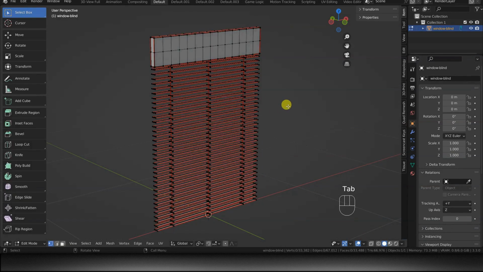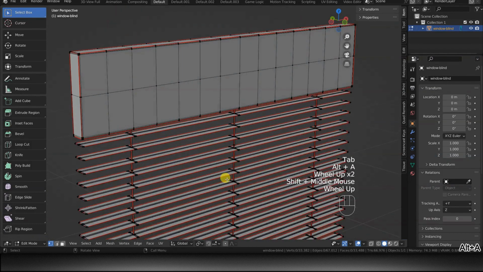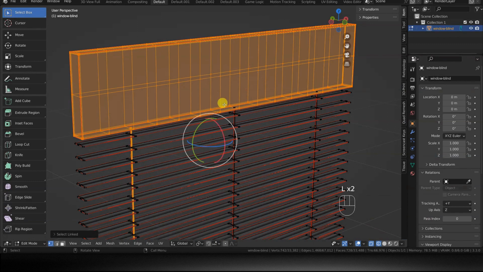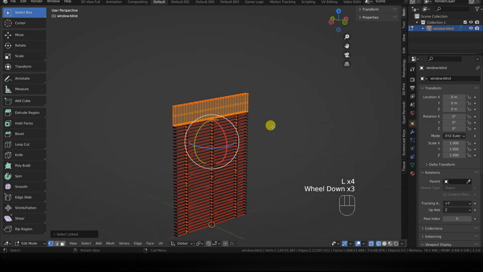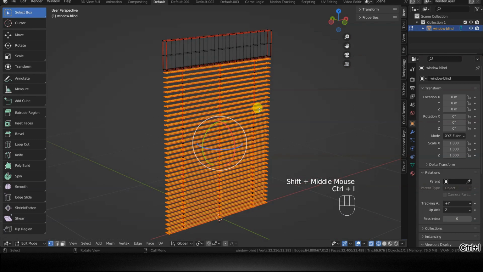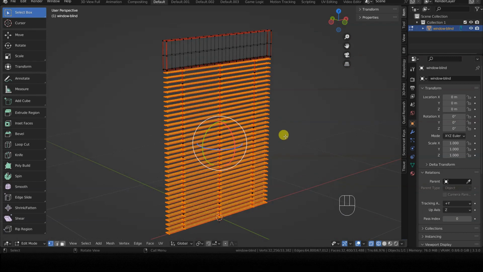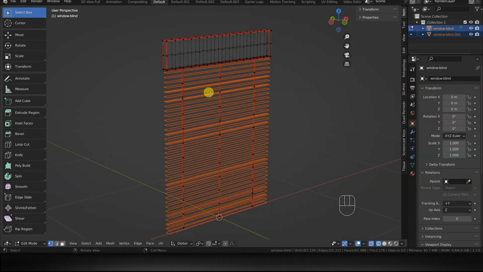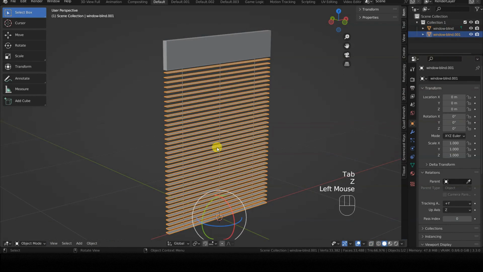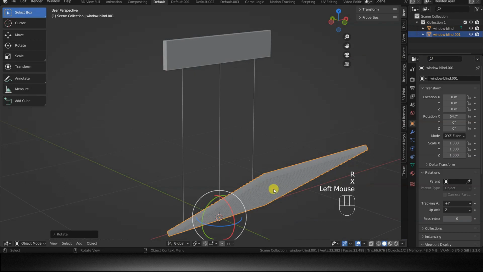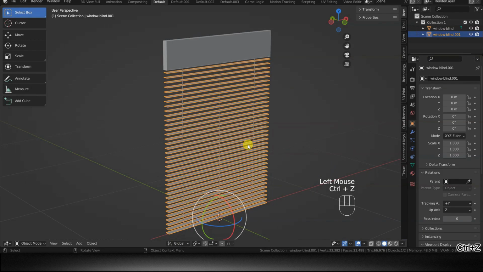Since in this particular object there are many slats and, conversely, few other objects, you could also proceed with an inverse selection, and here's the third method. We select the other elements of the structure with L, then invert the selection with the key combination Ctrl-I. Anyway, once the slats are selected, we press P and choose Selection from the Separate menu. Now the slats constitute a separate new object, which has its origin located at the same point as the origin from which it derives.